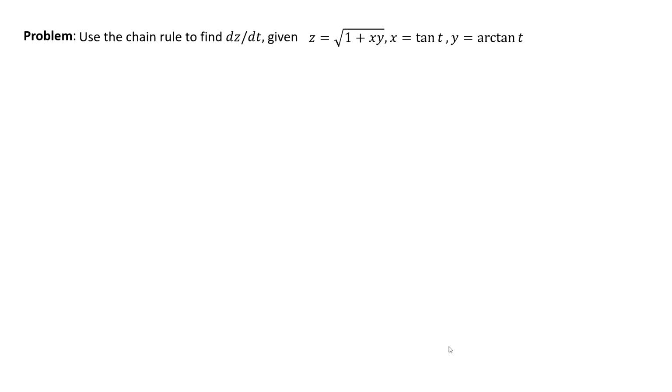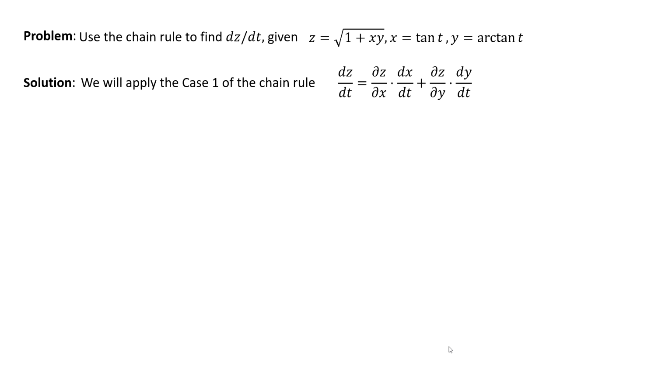Use the chain rule for dz dt. Okay. Similar concept, except the functions are just a tad harder to differentiate. Let's go with it. Apply case 1. That is that formula. Partial z with respect to